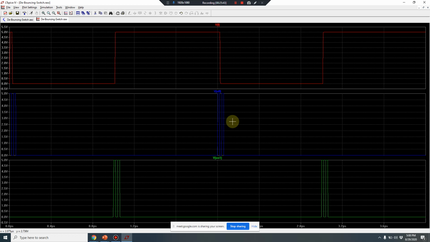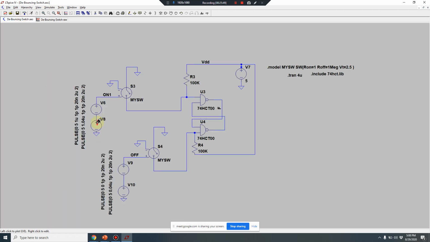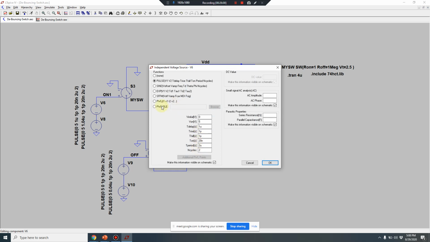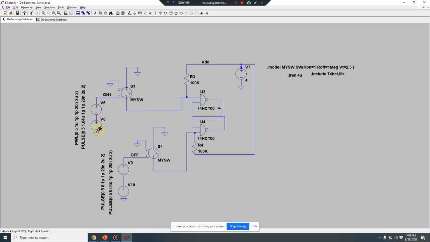This is for testing of a circuit, so I required these kinds of pulses. How did I set these pulses? I set these pulses by having two sources here. And today in the class I told you how to use a PWL also. I could have used that option to generate this kind of pulse, which I demonstrated in today's class. But I have used two pulse sources.